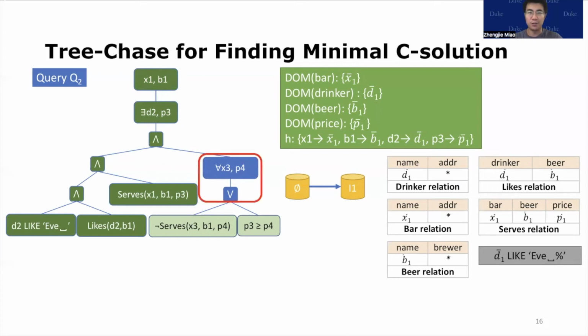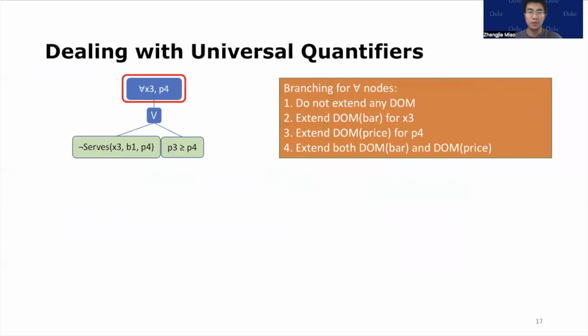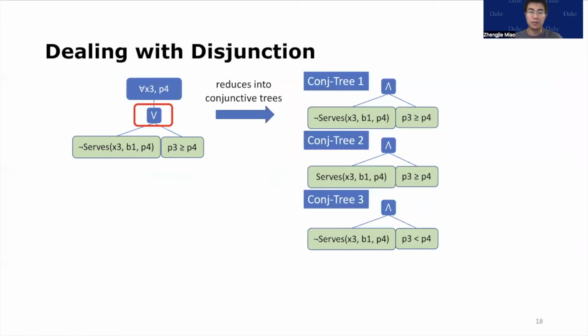The challenging part is to handle universal quantification and disjunction. For universal quantification, besides enumerating all possible mappings from the quantified variable to label nonce, we also have the option to create a new label nonce, hence giving two branches for each quantified variable. For disjunction nodes, since the global condition of this instance is the conjunction of atoms, we need to reduce disjunctions into conjunctions during the traverse of the tree. This is done by considering all three possibilities that the disjunction can be evaluated to true.